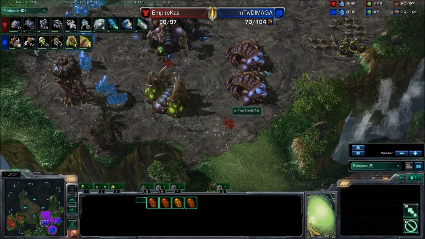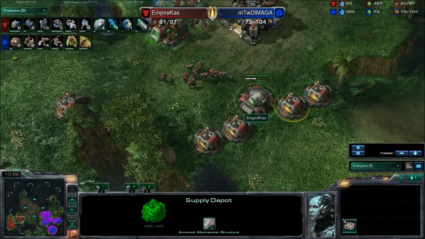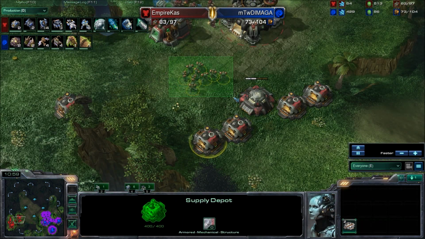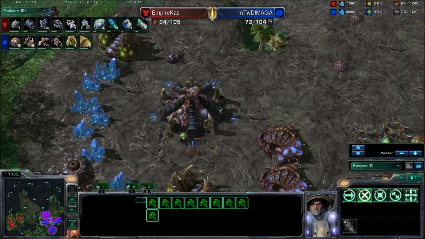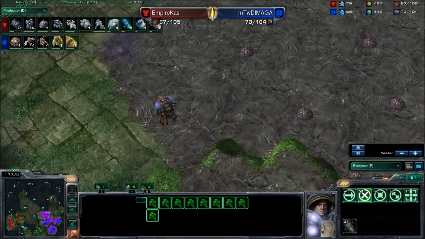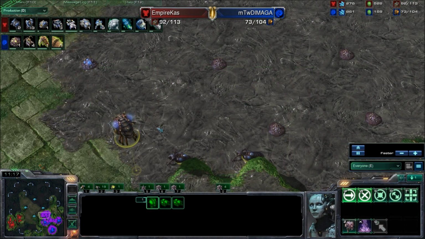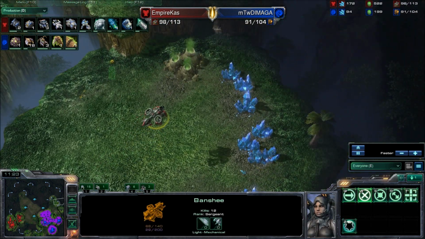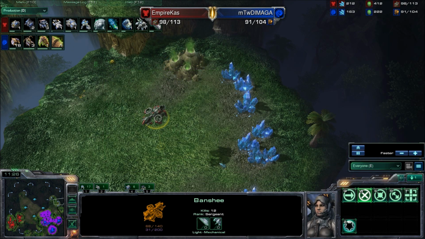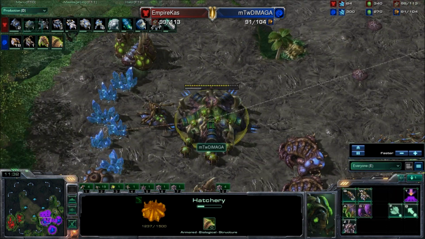I do like the Baneling Nest from Dimaga, but to be really effective, you need to engage the Terran in a bad position, and right now I don't think that Kas has enough Marines to make the Banelings as effective. Maybe he's going for a Baneling bust, but to be honest, if you're going Mutalisks, a Baneling bust is not as effective. You don't have enough ground units to justify spending all those resources on Banelings to break down their wall. But nonetheless, he's going for Banelings,